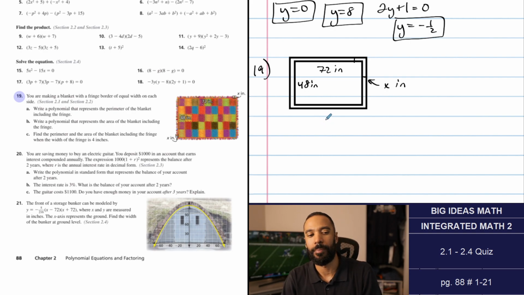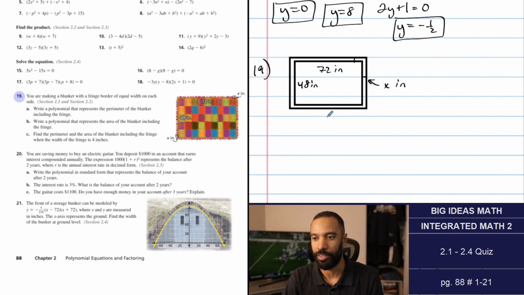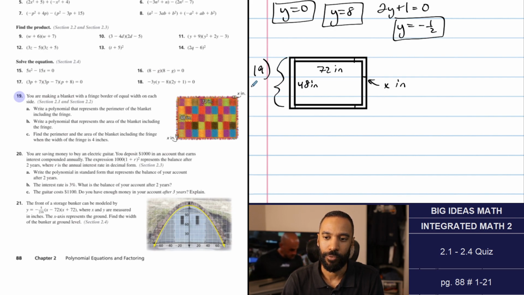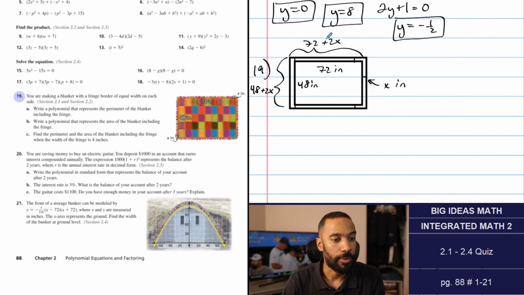Write a polynomial that represents the perimeter of the blanket, including the fringe. So these things are little X's right here. So the 48 is just the inner part. The outer part would add an X here and add an X here. So this whole guy would become 48 plus these two X's. I'd probably rather write 2X plus 48. This 72 also adds same X's around here. So that'd be 72 plus 2X around that. As far as perimeter goes,